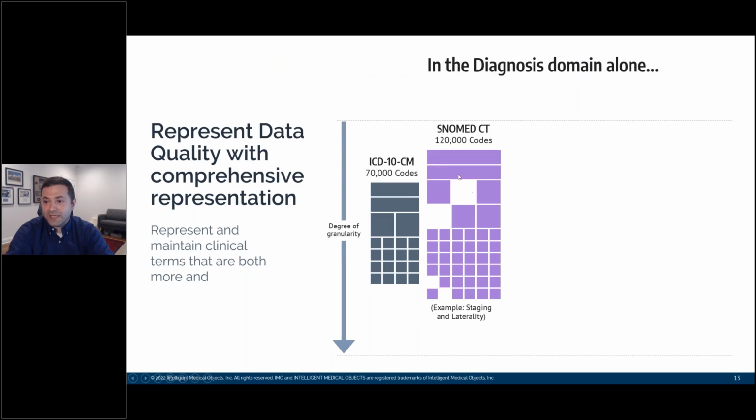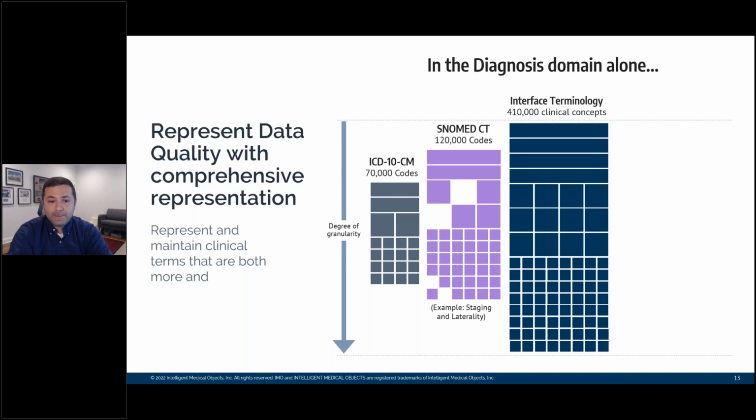And to give you a graphical representation of this, this is a key indicator. If I'm dealing with ICD-10 codes, I have about 70,000 ICD-10 codes. And in the diagnosis and symptoms domain of SNOMED, I have about 120,000 codes. But there will be gaps. And this is the problem that happens with code-to-code crosswalks. You'll always get that many-to-one, one-to-many, many-to-many correlation that happens behind the scenes. But IMO as a company, we created interface terminology that has well over 410,000 concepts that are not beholden to the standards themselves, which allows us to get to levels of specificity that are more specific than the standards themselves. Again, helping bridge the gap between the clinician's expression at the point of care and appropriately and comprehensively coding that data as it flows downstream.